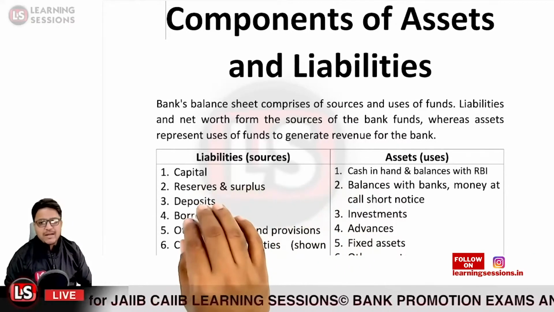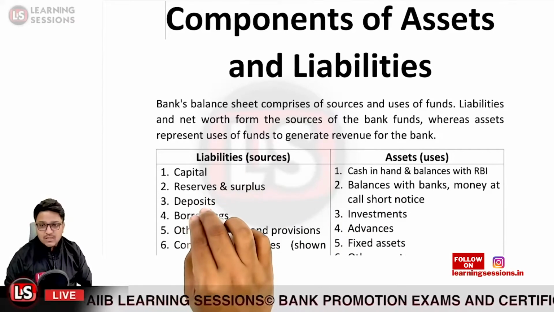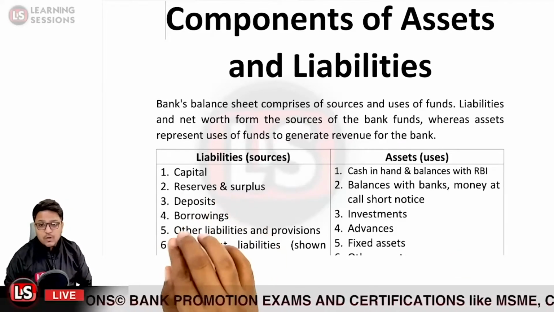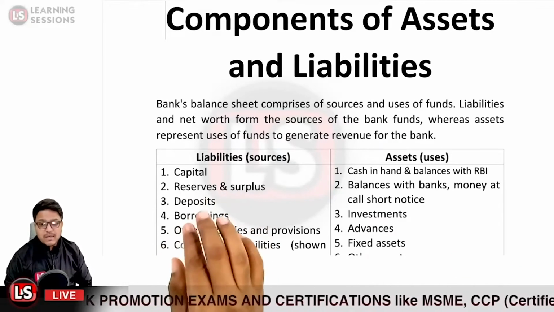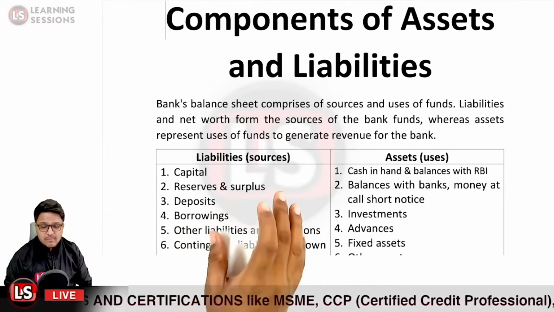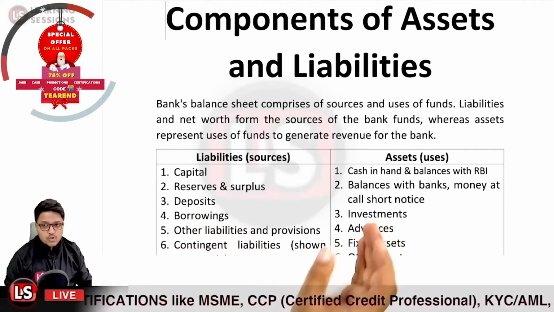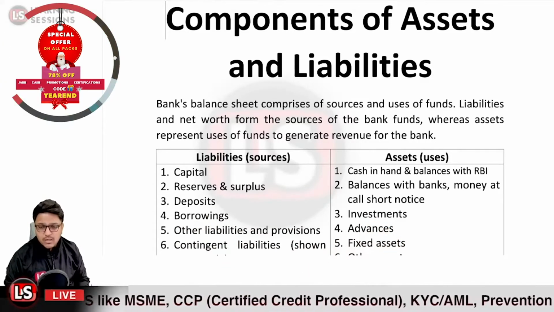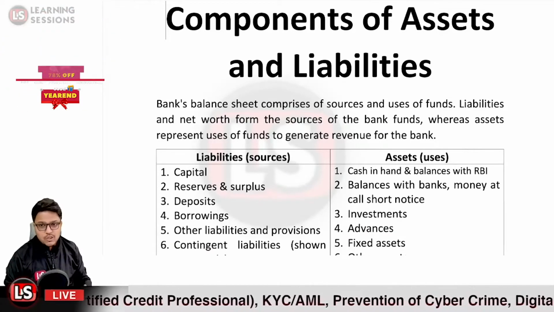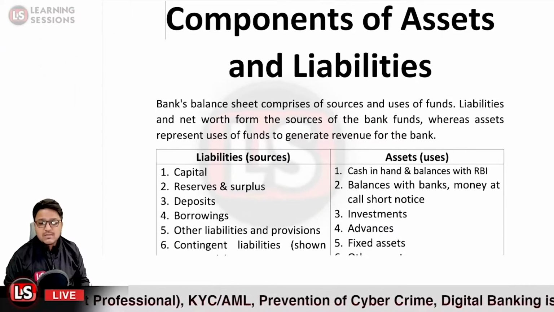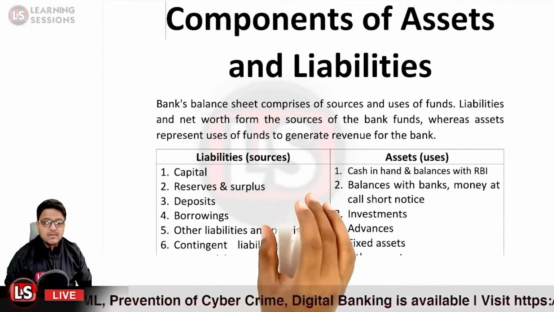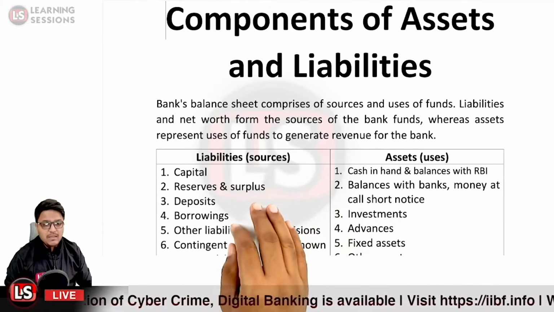So why are capital and reserves liabilities? Because the capital given by the owners is to be returned by the entity one day. As per the business entity concept, the business is different from the owner. So whatever amount has been paid by the owner is to be returned to the owner one day. If you are an investor, a shareholder of a company, it means the company owes a liability to you. That is why capital and reserves are under liabilities here.